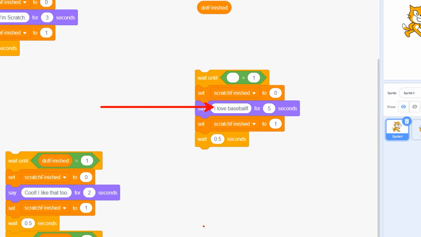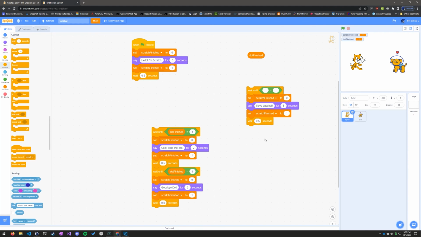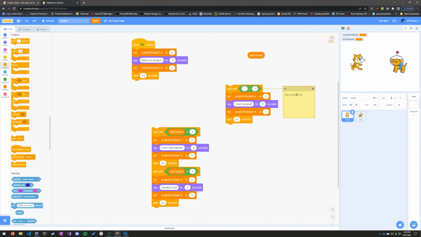You'll just change the text and for how long you want them to say it. But this should still be 0 always. This should be 1 always. And the wait 0.5 is fine. You can keep that there. It could probably be even shorter, but that's fine. Make a comment for this. And just say something like this: This is the code for creating dialogue